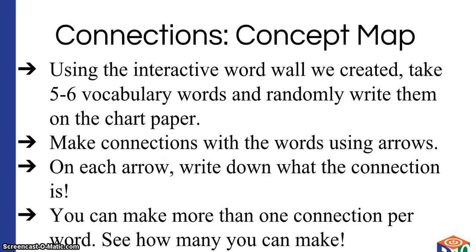For the concept map, you're going to create an interactive word wall. From the interactive word wall, you're going to create a concept map. You're going to randomly write some words down from that word wall that you had created earlier with your categories. Biotic and abiotic, I'm guessing, is probably what you came to the consensus of. Go ahead and connect those on a piece of chart paper or copy paper, whichever your facilitator chooses to provide you with. And make connections with the words using arrows, and on each arrow you'll write down what the connection